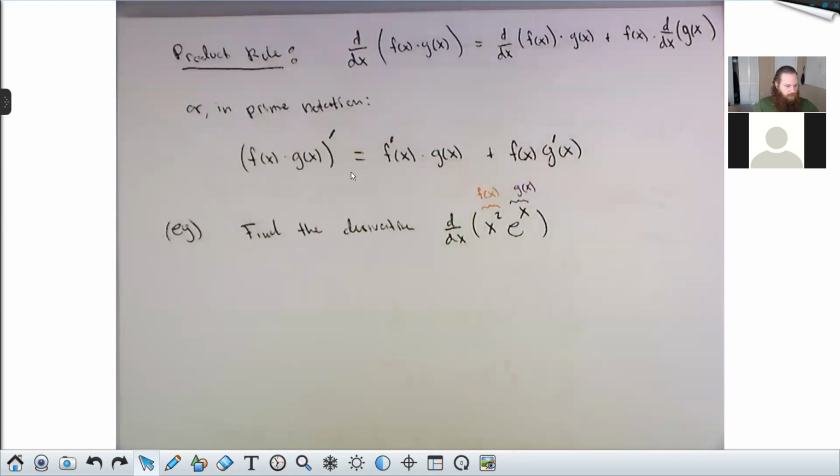So the derivative of f times g, which is what I'm looking for here,